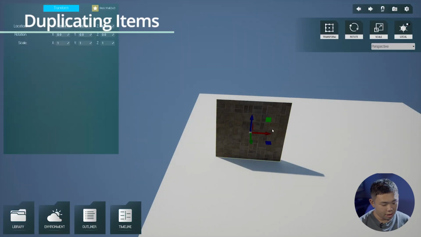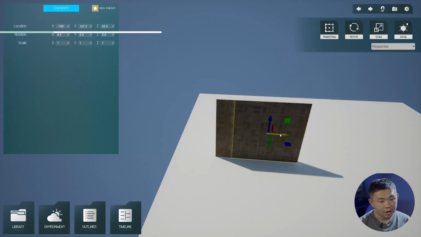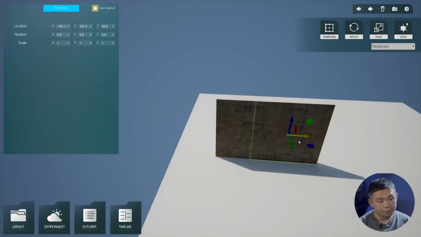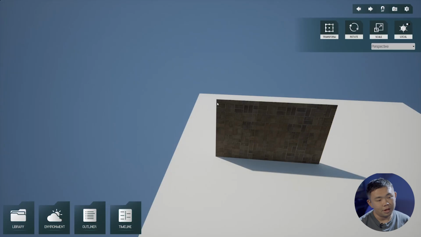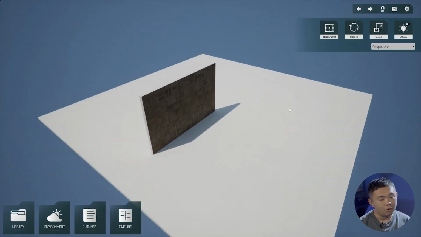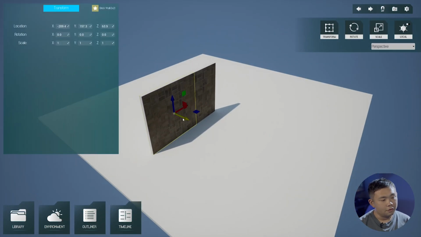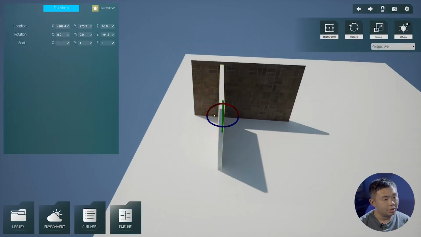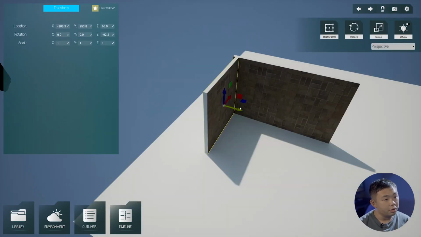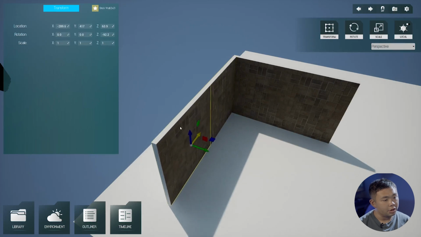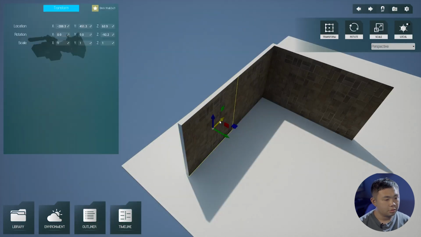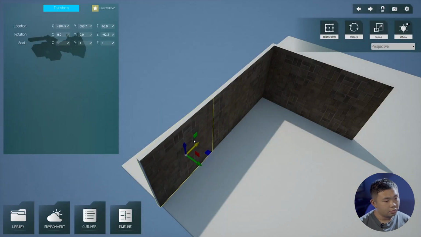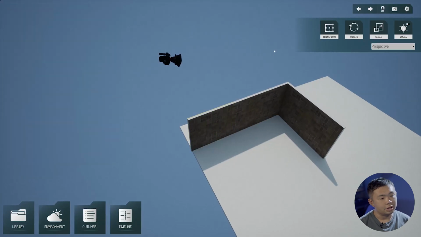So I have one wall, and I press alternate and drag it so we can duplicate this wall. We place it like this, and it's roughly about 3 meters. Then what about another dimension? Of course, we can still drag it by pressing alternate to duplicate the wall, and then we can rotate it 90 degrees and put it here. We want 3 by 5, so we need one more and half of it. Remember, click alternate to duplicate it. Alright, so around this size is our bedroom.